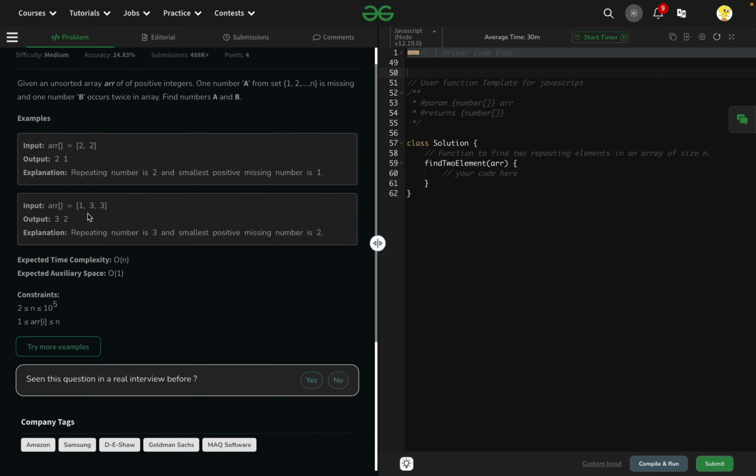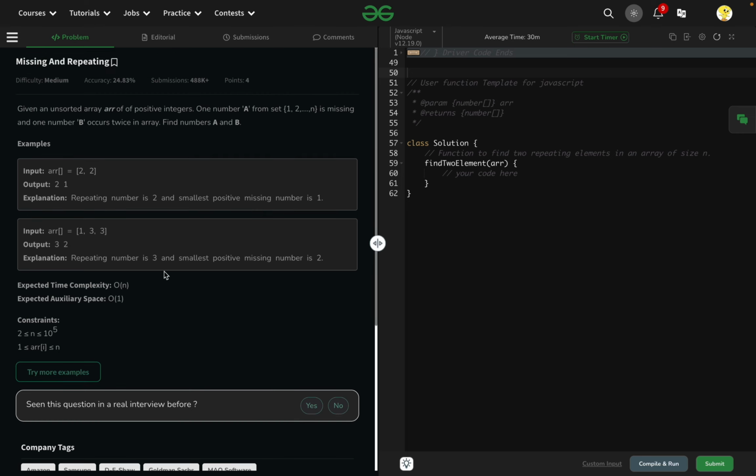You can look at another example as well. For example, 1 3 3. Here we can see that the number 2 is missing and the repeating number is 3. So the output is 3, repeating, and the missing is 2. And here we can see that the expected time complexity is O of n and the expected auxiliary space